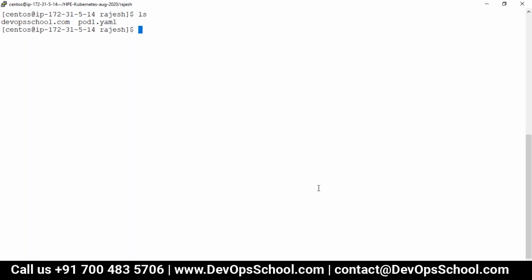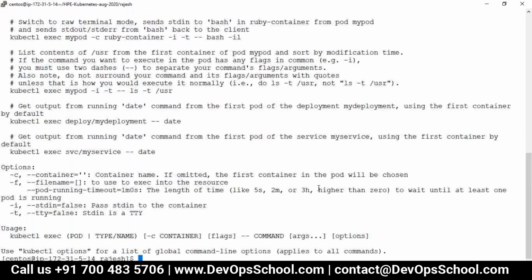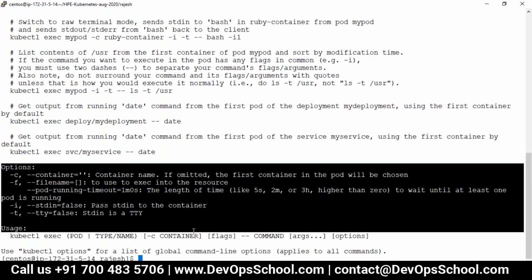So remember here, guys, when you exec or attach, you go to the first container, which is the main container. But if you want to go to the second container, then you have to use the name of the container. The question is, how come? The answer is, you only find out because I told you exec. After that, you learn and you tell me, if I want to go to a specific container, which option am I going to pass? Tell me. Container name. Yes, hyphen c, container name.